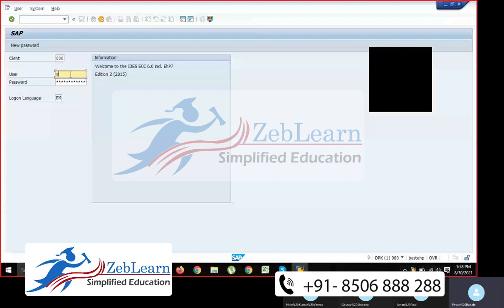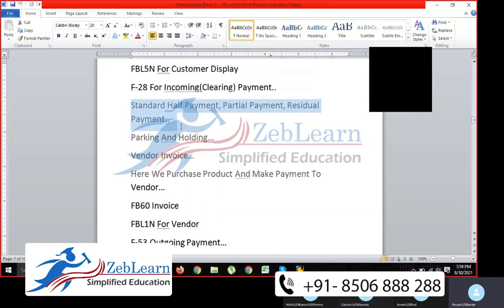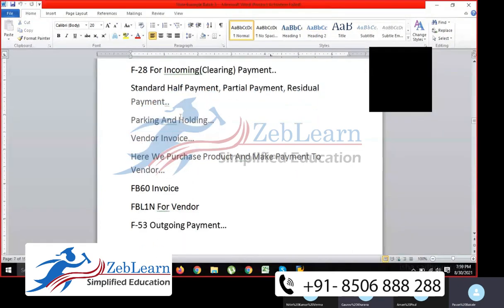Yes, Gaurav, Nitin, and Aman, three of you guys can tell me until where I completed the last topic. This is done. Vendor invoice is done. It was vendor payment, the partial payment and the complete payment. This is completed. Yes. Okay, then I have told you parking and holding also at invoice level. I think parking was done, but holding was not done, I think. No, I think I told you both together. If I tell you, I'll tell this also. You can repeat it today.